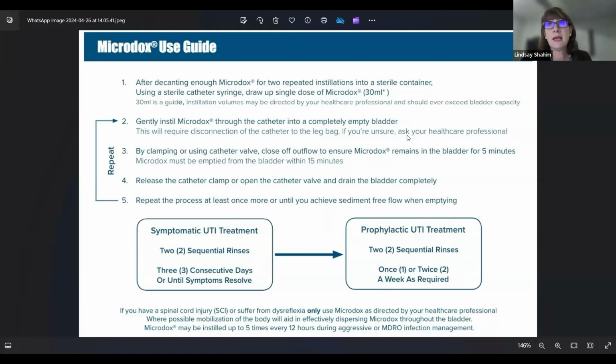If you do not use a catheter and you have a functional sphincter, we do have a little device on our website called a uroadapter, and it is used for just the